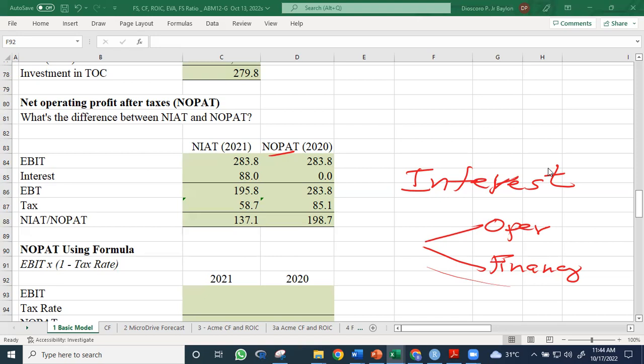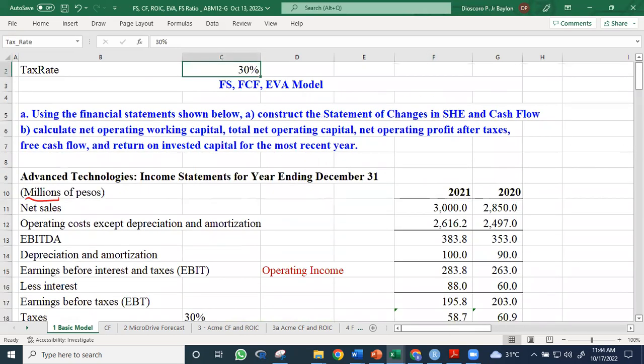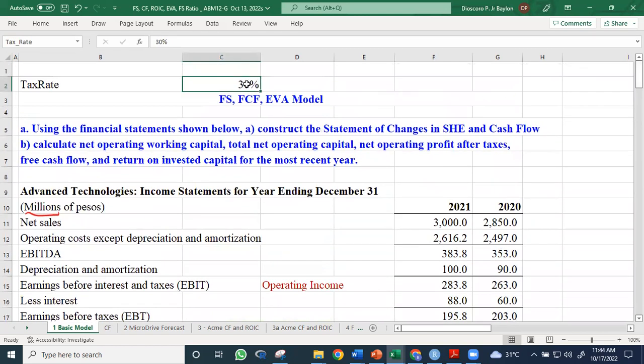Okay, there's a question here about the tax rate. If you recall, class, we gave a name to our tax rate. Pwede yung tingnan sa name box. Andito si tax rate. If you want to know how much the tax rate is, pwede nyo i-click dito yung sa name box, tax rate, and then it will bring us to, okay, I'm not sure if,